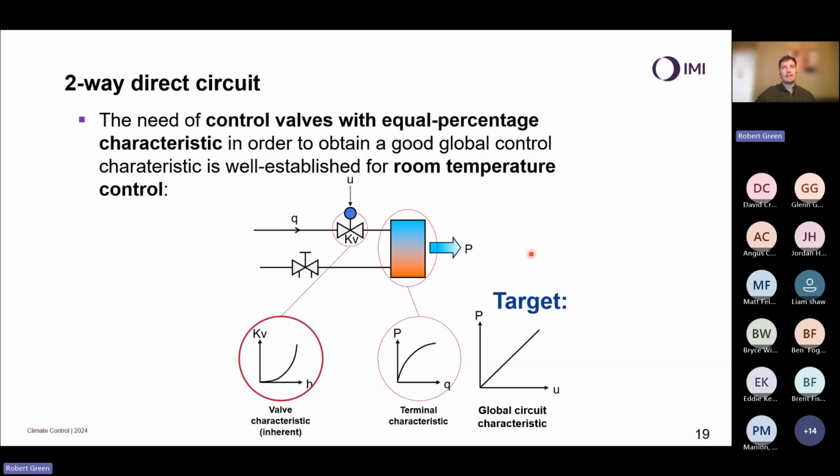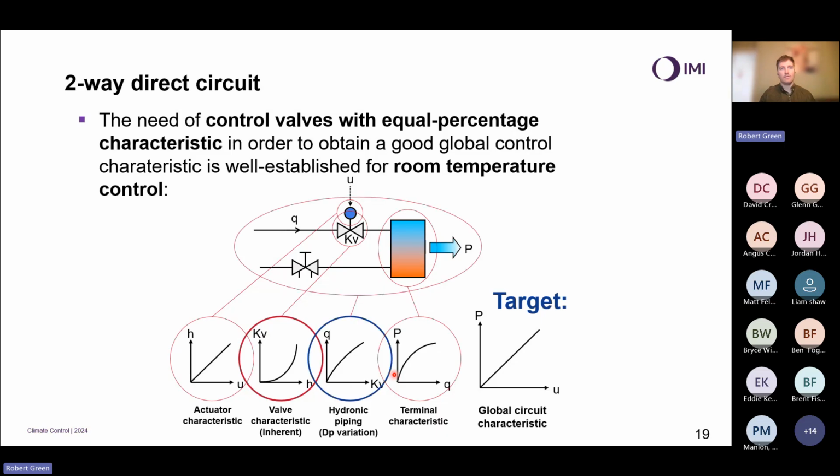So what we end up doing is we take a valve that matches and opposes this characteristic, because when we put the two together, we get a nice straight line. We have my actuator characteristic, very simple, input versus lift. We want that to be linear to make it nice and simple, to retain a high level of control across that actuator. And then finally, we have another thing, which is what we call in my hydronic circuit variation, i.e. my valve authority.